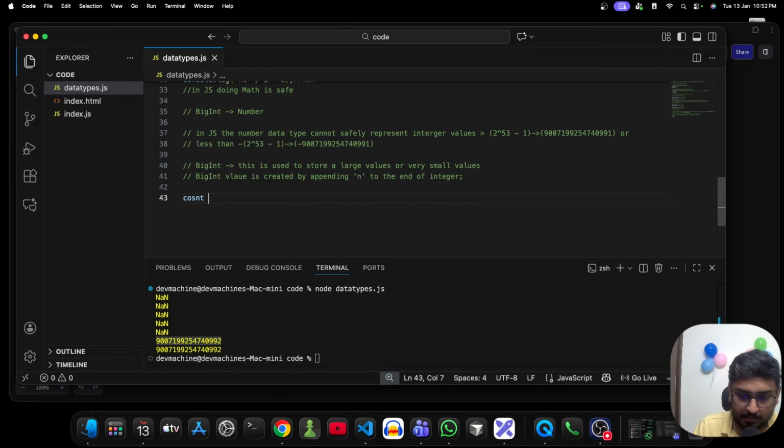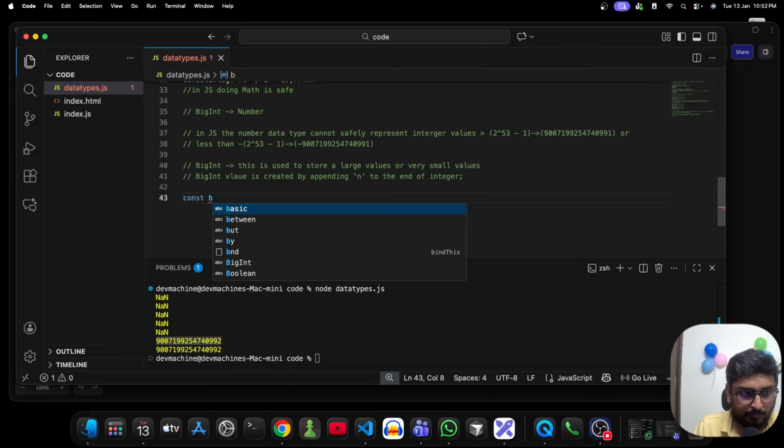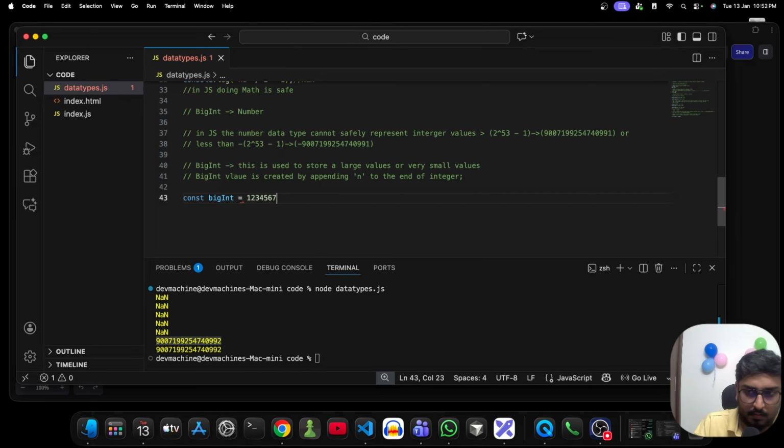So I'll simply say const bigint is equal to something like this. If I ever want to store this very big number into a variable, you can clearly see here